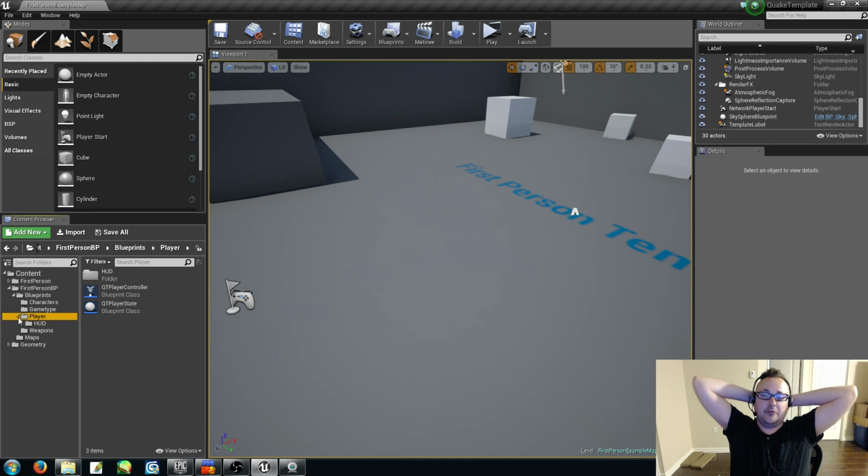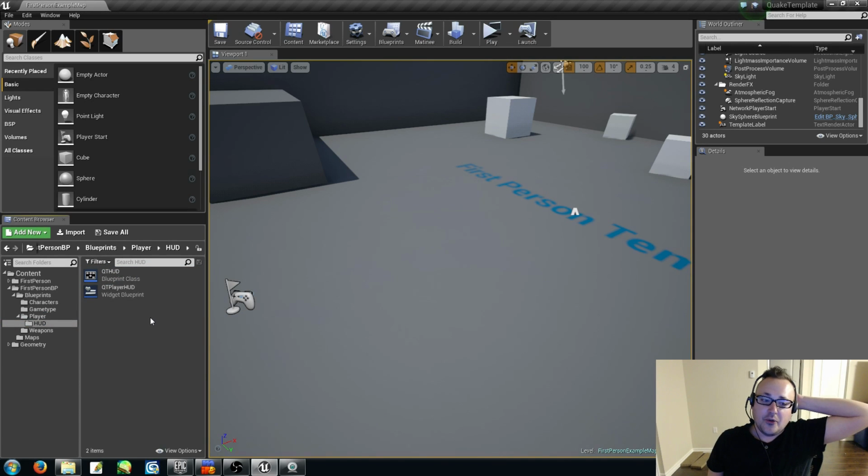Player controller, which is you. You are the player controller. Player state, which is like information about you, your HUD, how the game communicates to you basically. The HUD is only on the client. Can't do any server-side stuff on the